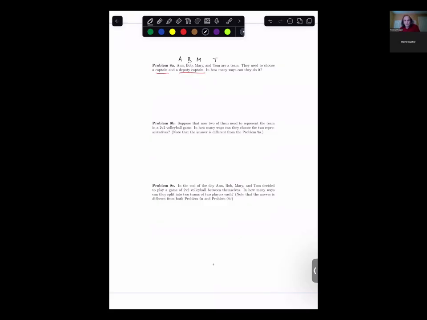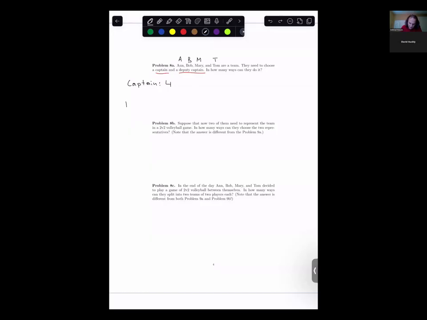So how many choices do we have for the captain? Let's first choose the captain. Four choices, right? Any of the kids can be a captain. Basically, we can have Anne be a captain. Okay, but after we chose a captain in four different ways,